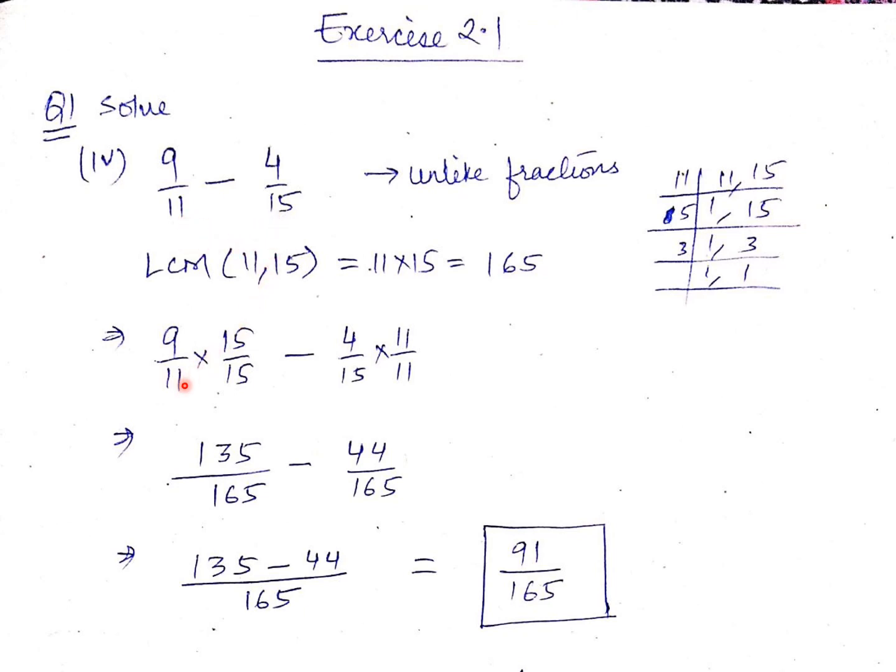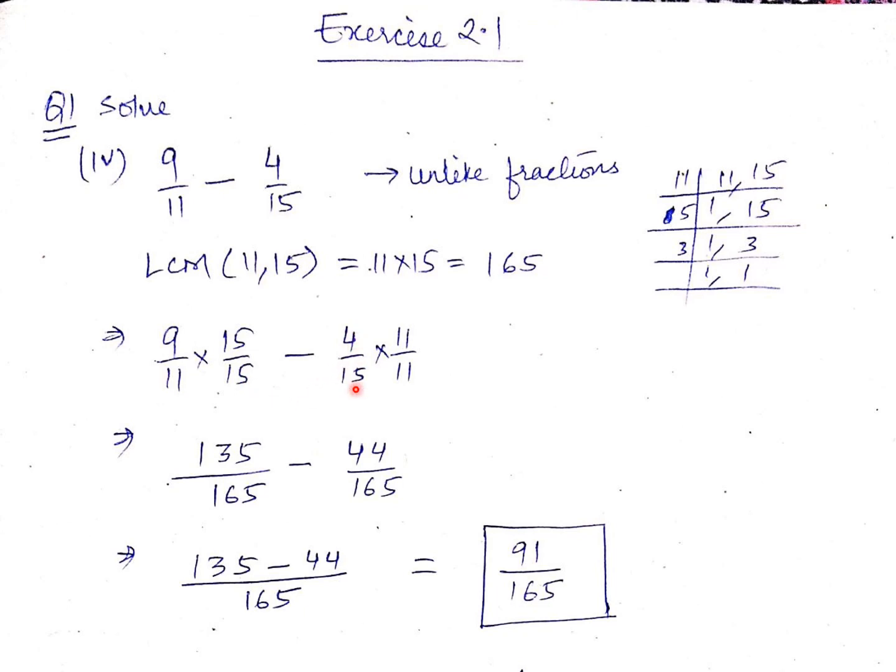Now let's start. You can see I have multiplied the denominator by 15. As I am doing a multiplication in the denominator, I have to do it in the numerator also, because then only it will be balanced. Okay, you can see. Now you must be thinking how I got that I should multiply with 15 only. Just observe this term. You already have 11. To obtain 165, I multiplied with 15. So here also I did it with 15.